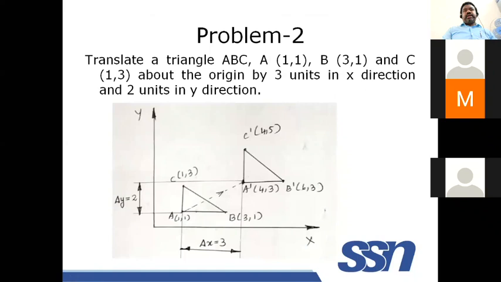If the problem involves 4 or 5 points, it is better to go to the transformation matrix. If you are trying to solve it by using this, it will be a tedious process. So it is better to use homogeneous transformation matrix. Okay, you have to solve it on your own. You take this as a homework problem, you solve it so that you will be understanding the transformation matrix, and you can understand how to calculate all this stuff. Okay.